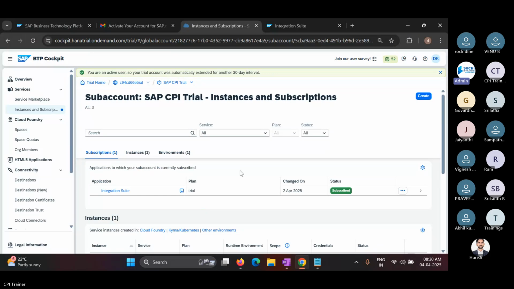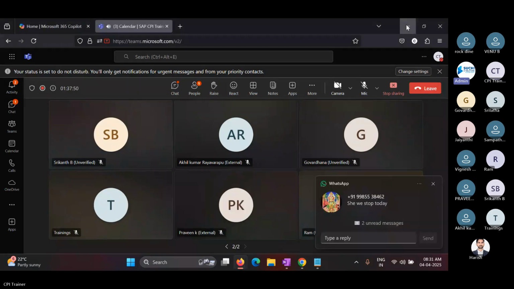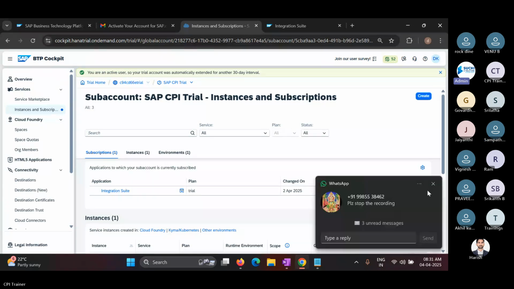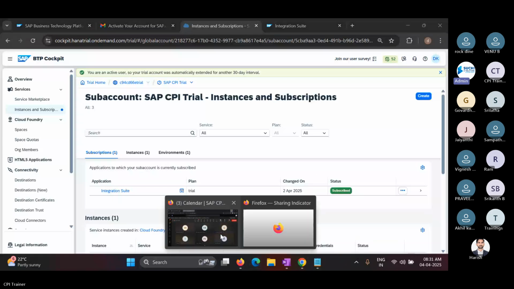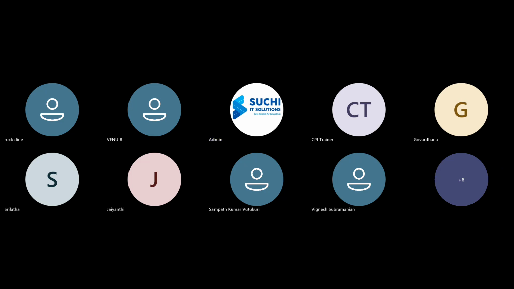To do this work, there is a specific dedicated team, which we call business admins. Some we call basis, and for all the roles, users activity and roles assignment, the SAP security team will take care of that. And instances creation, accounts creation, memory allocation, and what type of business, the BTP cockpit